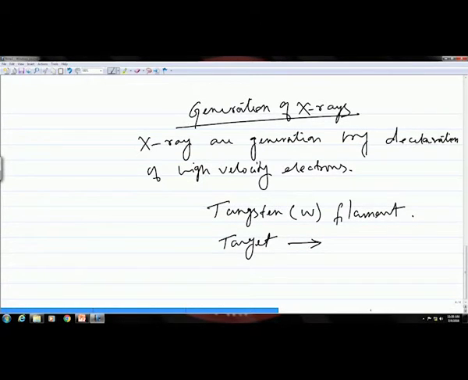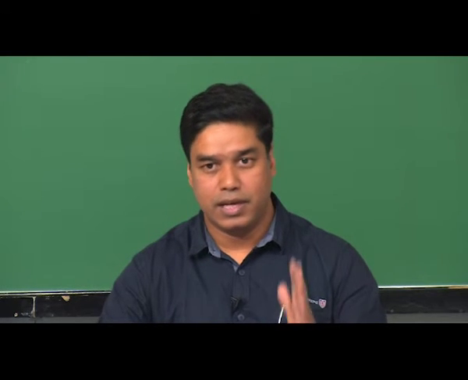So, in this case if you want to use a metal, you have to use those metals which have a very high melting point, and these kinds of metals are known as refractory metals because of their high melting points, and molybdenum is one of them. So, this molybdenum is used as a target on the other side of the tube, on which these electrons will impinge at high velocities, and their kinetic energy will now be converted into